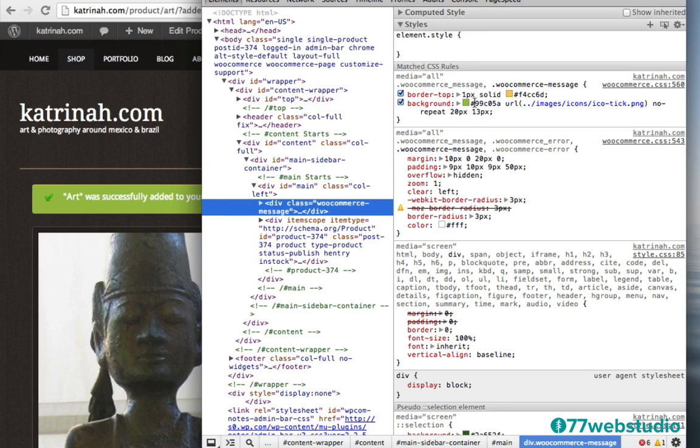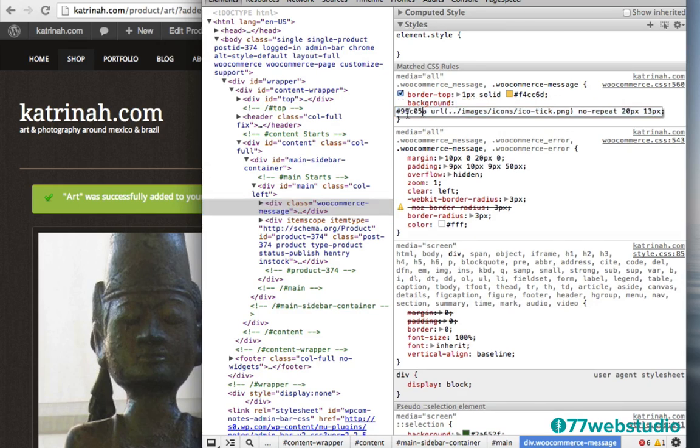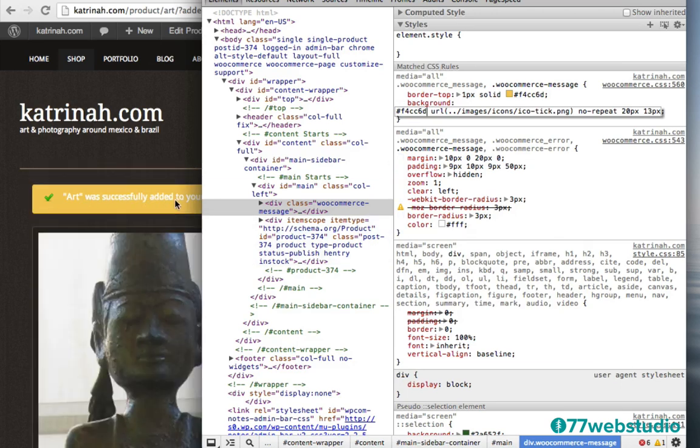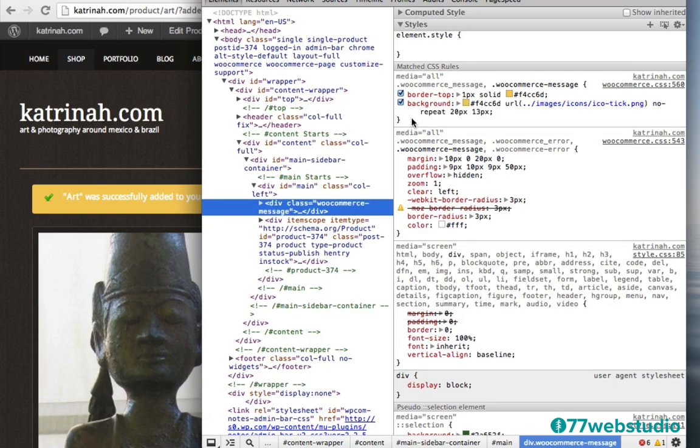And then I'm also going to click in here and add the yellow in here as well. And now we see this color has changed to yellow, which looks, in my opinion, a lot more consistent with the website. So we need to add this custom CSS to the website because this is just a testing area over here and it's not going to be saved.